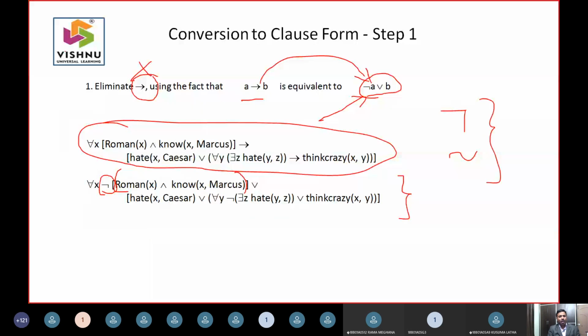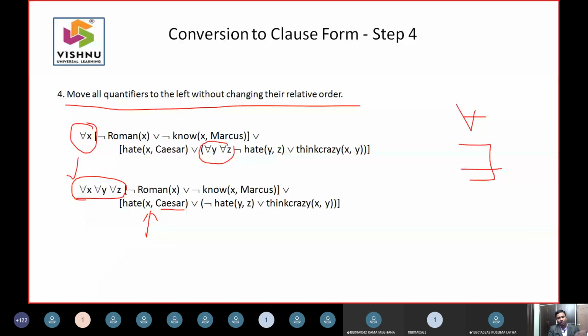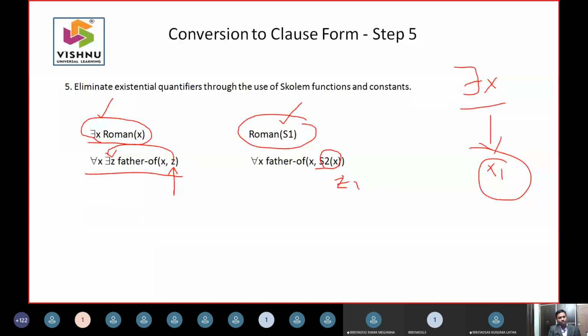It's very simple and you need to remember: you need to eliminate the implication, you need to reduce the scope of not, and you need to keep every statement with a variable so that we can easily substitute values at some point, in terms of names or values, whatever it may be. All the quantifiers can be moved without changing the order. Even if you change the order, nothing will happen, because all of them can be removed at some point. You replace the existential quantifier with a corresponding value. While people are talking about a ruler, you can replace that ruler value with Caesar, because Caesar is the only ruler that was discussed in the paragraph.